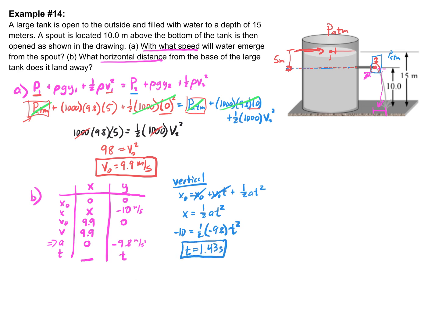All right, now that I have that, I can put that into my horizontal information. And so then I go horizontal. And for the horizontal, I'm going to use the same equation, x equals x naught plus v naught t plus 1/2 a t squared. Of course, the 1/2 a t squared is 0. The initial position is 0. This greatly simplifies things so that x equals v naught, which was 9.9, times the time, which is 1.43. And when I multiply all that together, I do get